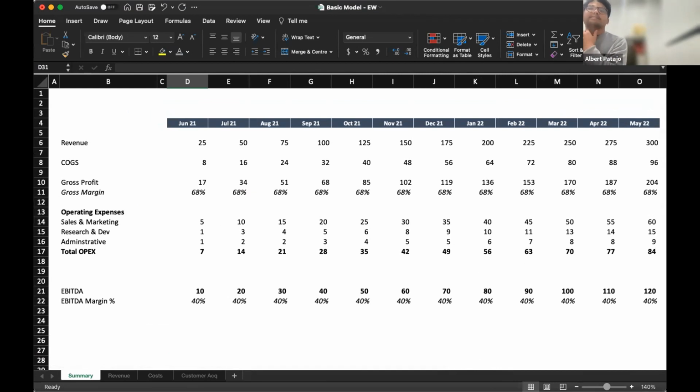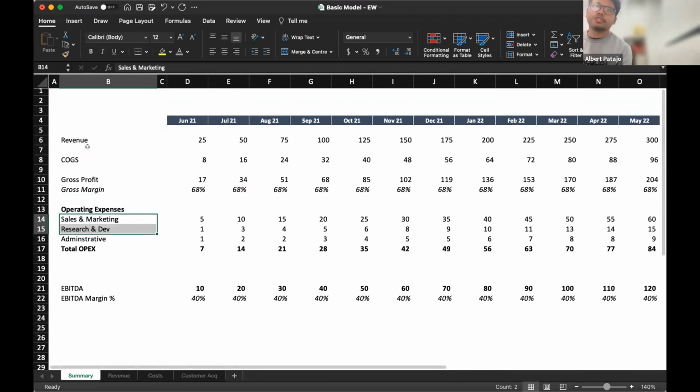Sweet. So I've just put out a super simple P&L here that goes from revenue, COGS, so cost of goods, gross profit, gross margin, operating expenses, and then EBITDA. So super high level P&L. This is what you'd probably expect to put into a table as part of your pitch deck, or as part of a presentation as the outputs of the model. If you're building financial models for investing and you've built a company out, this is generally what the end output looks like.